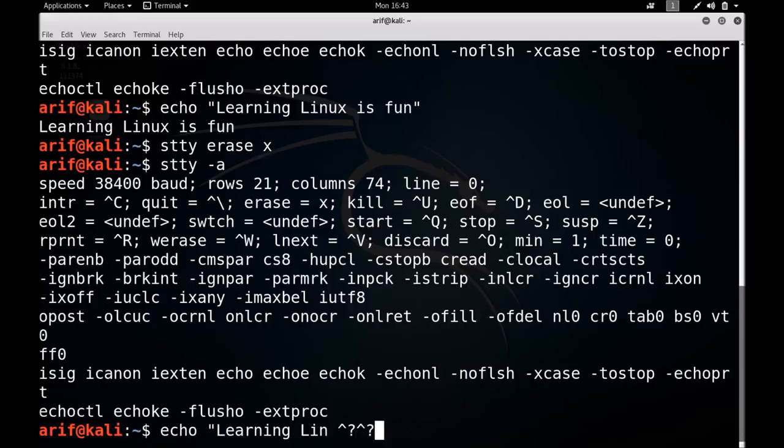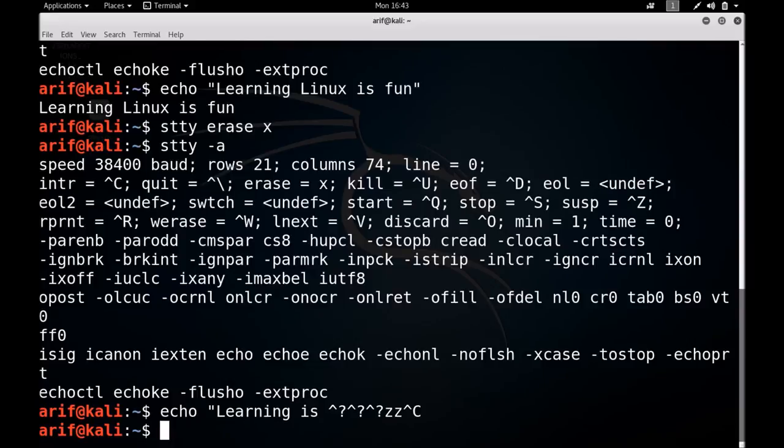I press space bar, I press delete, the delete character is repeated, and I press X, the character is deleted. So if I am pressing X, the character is deleted. Learning Linux is learning, oh, so it is too difficult to handle it. So let me press Control C, and let me set it back to